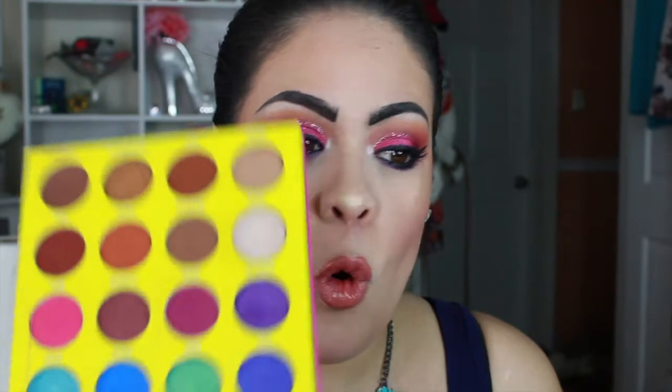I did it with the Juvia's the Masquerade Mini. I have been on like a Juvia's kick. Every time I go to do my makeup, it's Juvia's that I'm reaching for. This is the palette, and I used